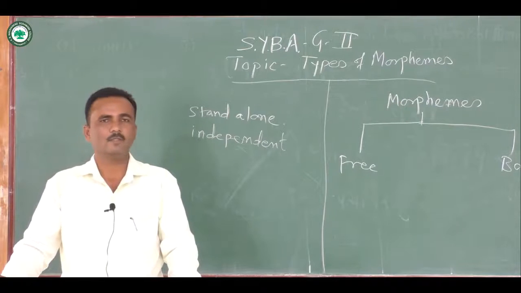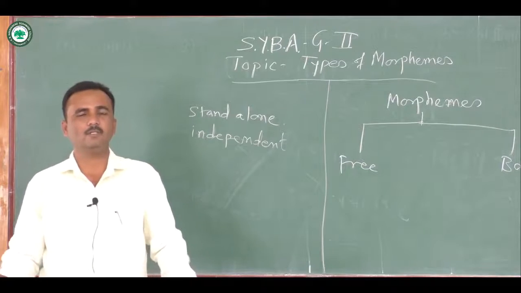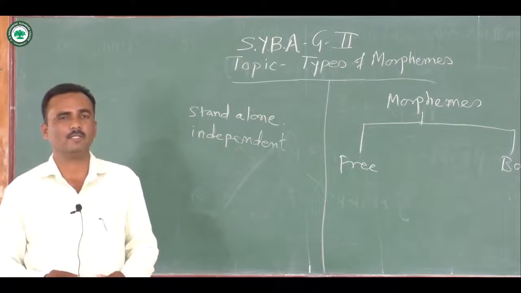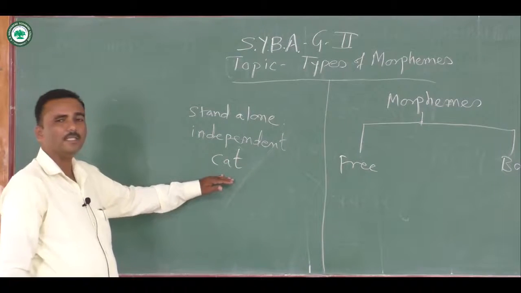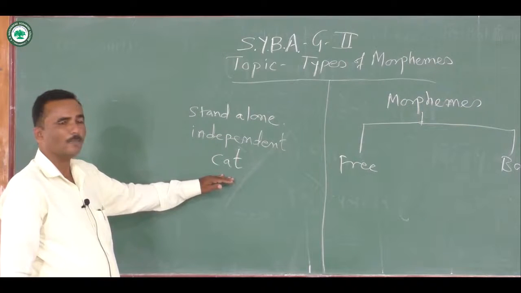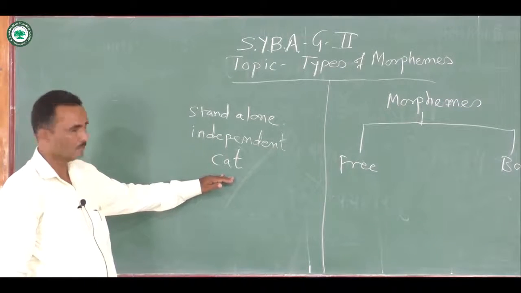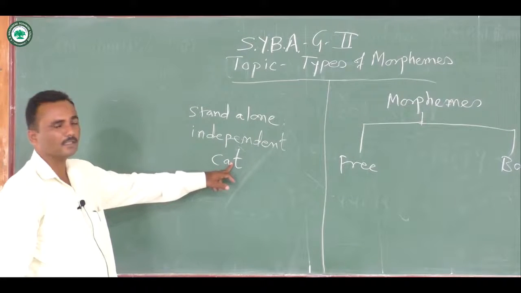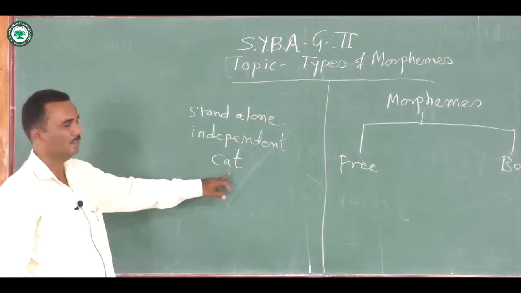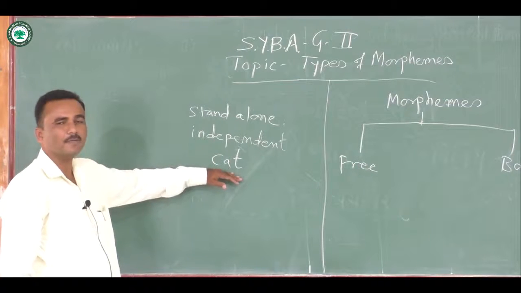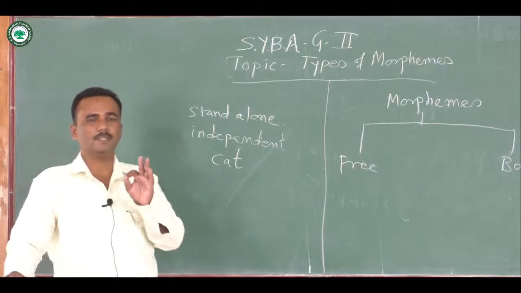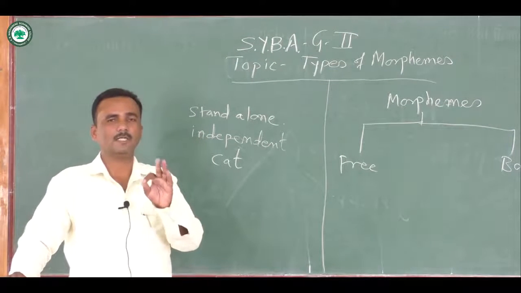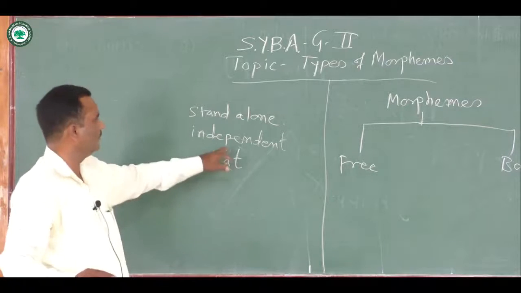Morphemes which are free provide complete meaning. For making complete meaning, they need not be attached to other morphemes. For example, look at the word cat. It is a free and independent morpheme. It does not depend upon another part for the meaning. It is standing alone, it is independent, and the word itself is meaningful. It tells us about the semantic function or semantic content of the word. So a single word which is free, which is independent, which does not need to be attached to another word for the meaning, is called a free morpheme.